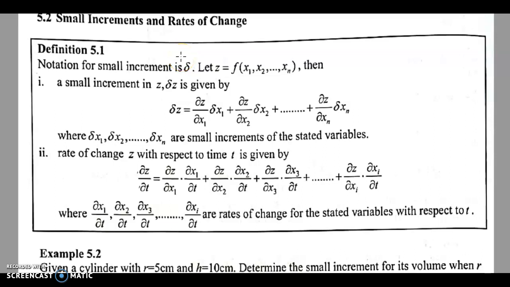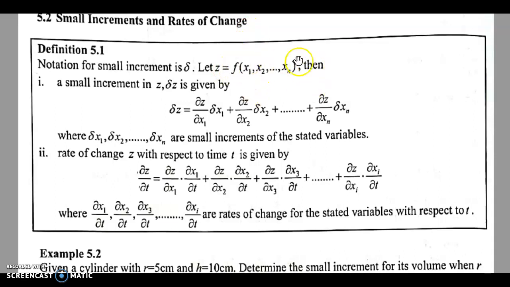Okay guys, now that we have learned how to conduct partial derivatives, the next thing to do is to see what we can use the partial derivative for. We can use it first for finding a small increment, and we're also able to find the rate of change using a partial derivative. By the way, we have already covered rate of change before, which involves the chain rule in the previous topic of differentiation. However, we have it again here because, as you can see later, this part talks about the rate of